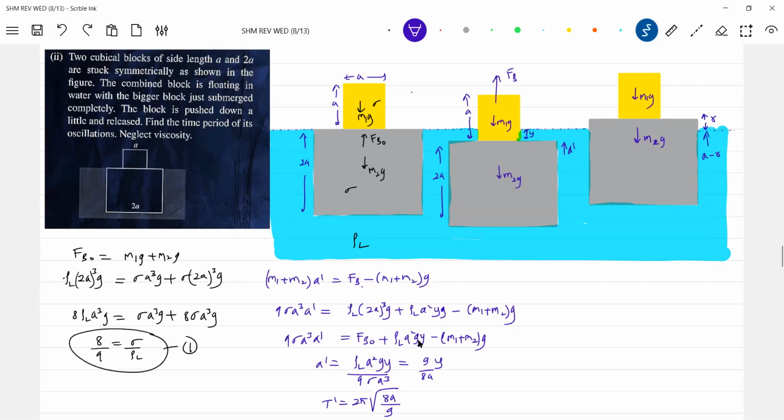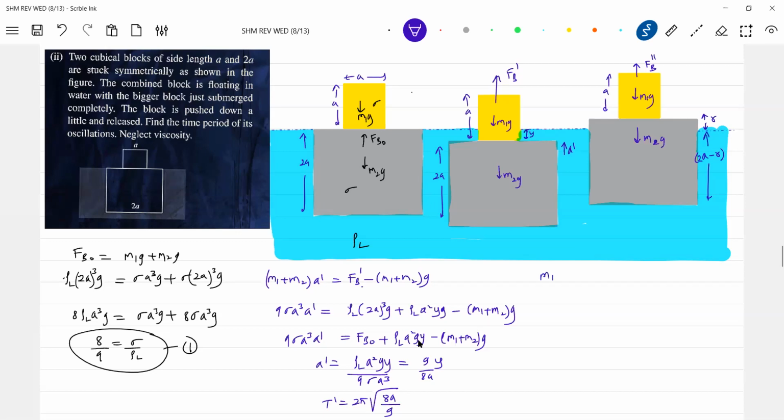2A minus R it is. Then buoyant force FB dash it is. FB double dash. Which will be greater, FB double dash or (M1 plus M2) g? FB double dash will be less than (M1 plus M2) g. So therefore there'll be acceleration downward, or it will undergo retardation.